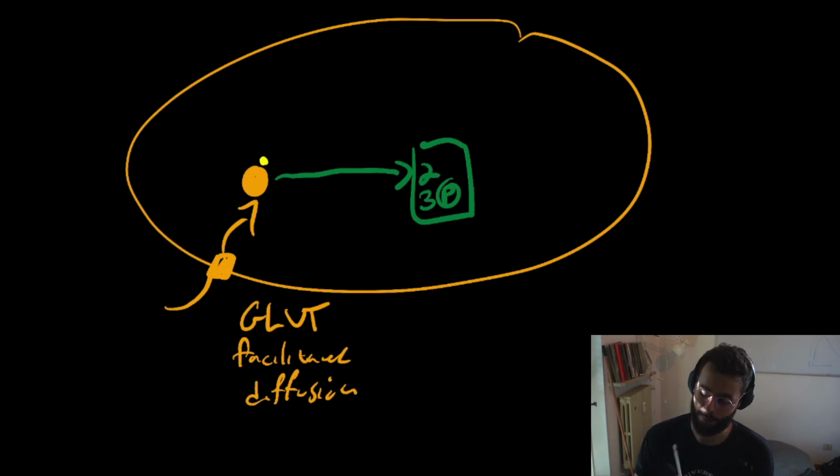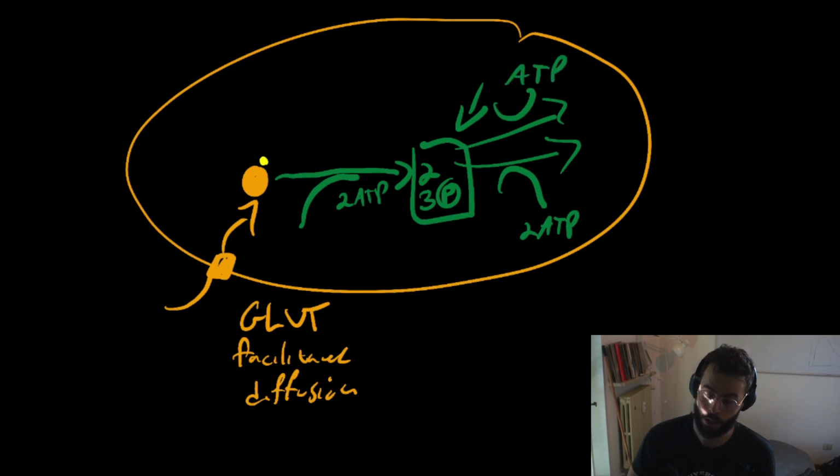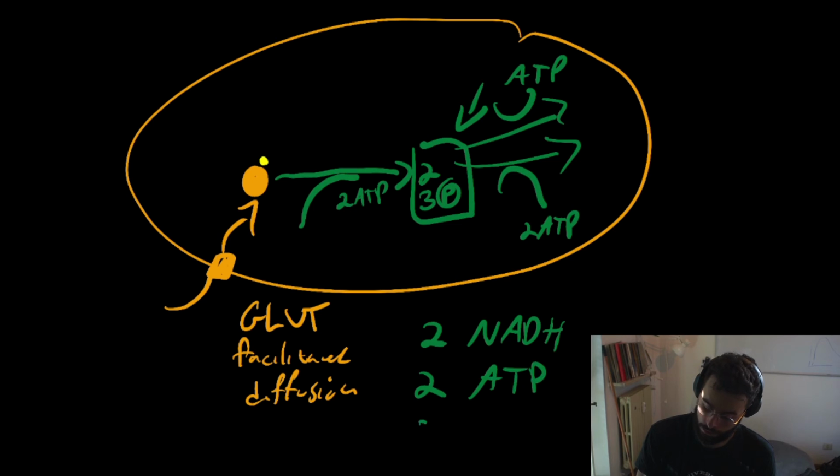This is the step where we actually get energy back, and we get more energy than what we spent. This is also the step that we actually can get NADH molecules. We can charge and we can load electrons on the electron carriers that we are going to see in the future what we are actually using them for. So in total we are going to spend 2 ATP, but we are going to get 2 ATP for each of these molecules. So we are going to do it twice. 2 ATP, 2 ATP. At the end of glycolysis, you are going to get 2 NADH, 2 ATP, and 2 pyruvate